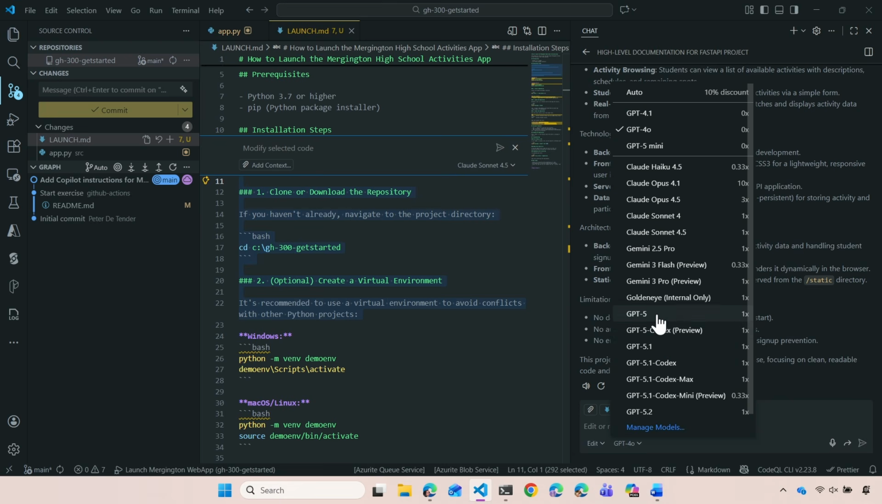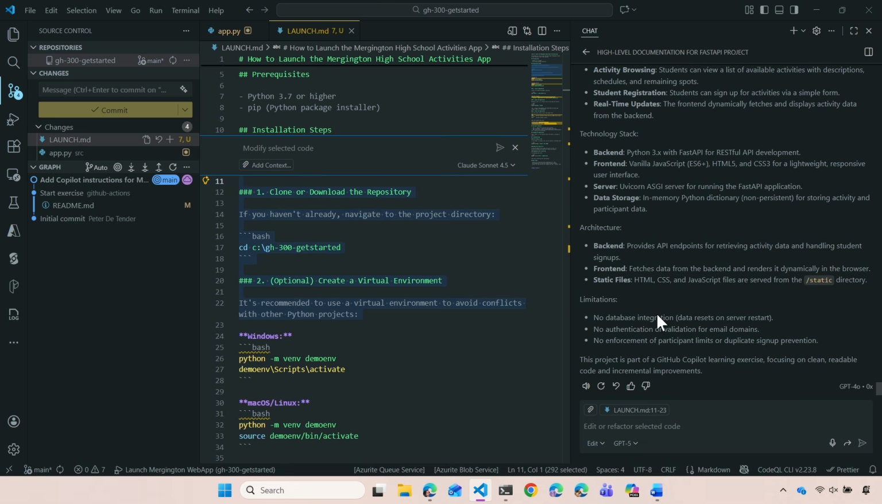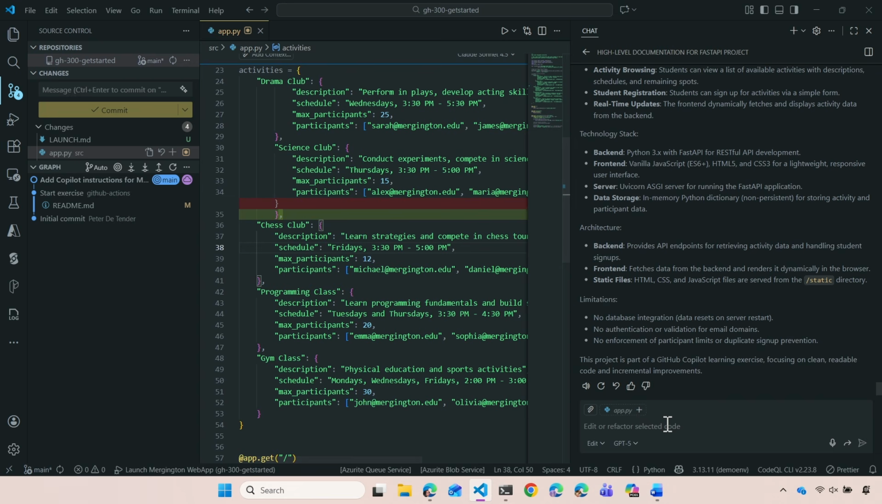If you switch to GPT-5, which again at the time of recording was pretty new, I think we released this probably not even 2 months ago, GPT-5 has more reasoning capabilities. So for example here, I'm going to clear my launch, so I'm switching back to my application coding file, and I could ask for